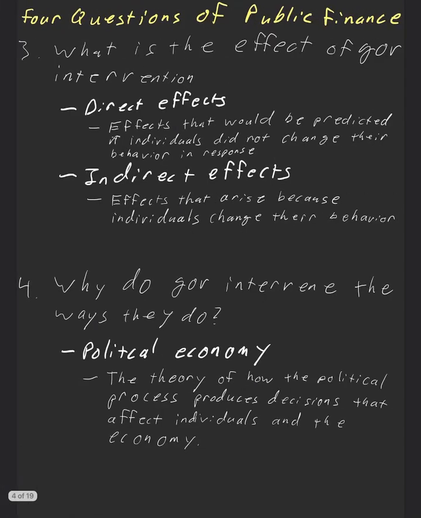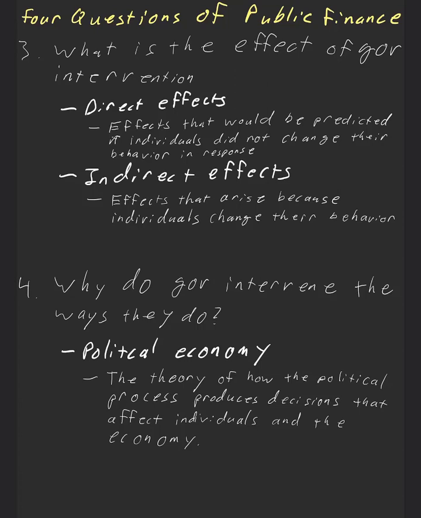Third, what is the effect of government intervention? There are two types of effects. The first is the direct effect, right? This is the effect that would be predicted if individuals did not change their behavior in response to the activity. I suppose this has its use, but really what we want to think about are indirect effects, right? These are effects that arise because individuals change their behavior. This is a lesson that is easy and obvious for economists and for some reason borders on impossible for prognosticators